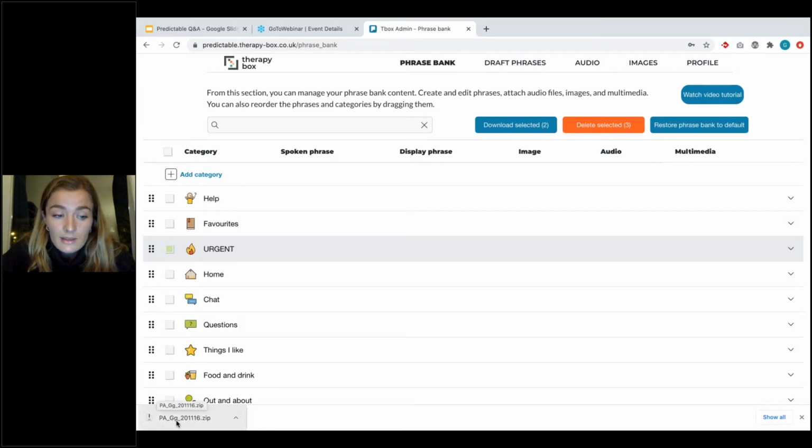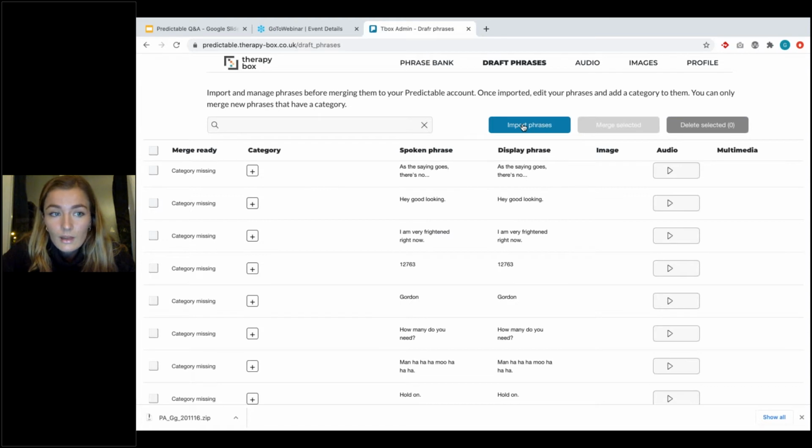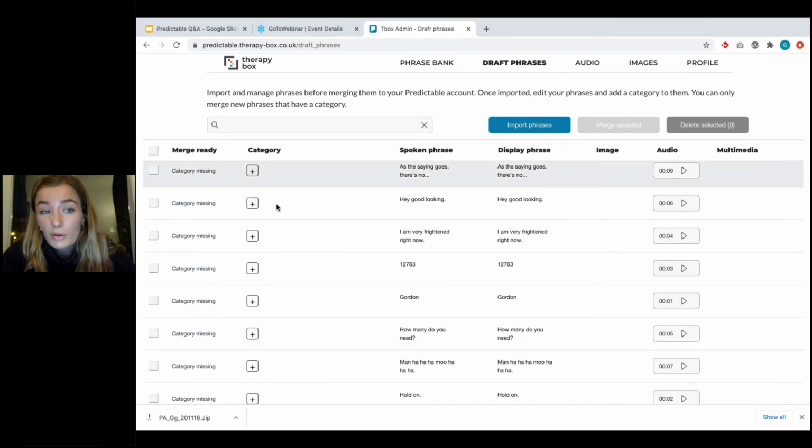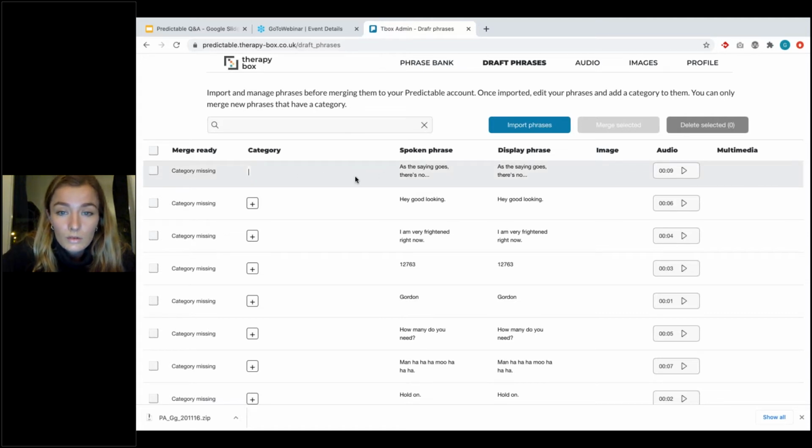So you see it created a zip file, and then you can upload this zip file from here. And after that, once you uploaded your zip file, you can then merge them to your Predictable account. So to merge it, I'm going to merge this one. So let's see, up, urgent.